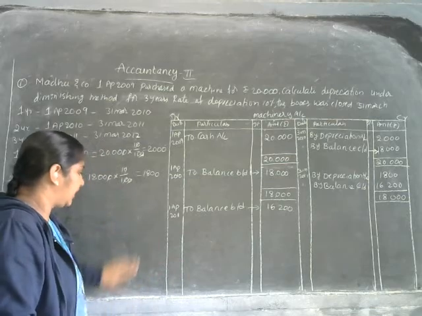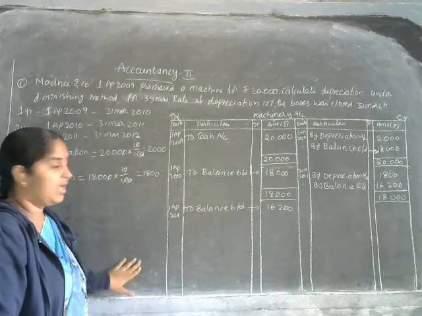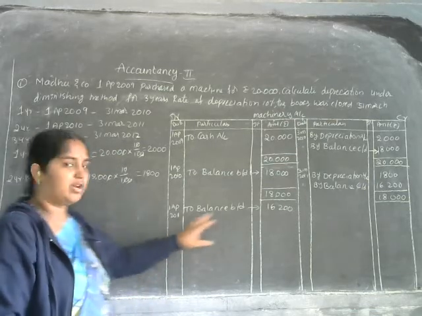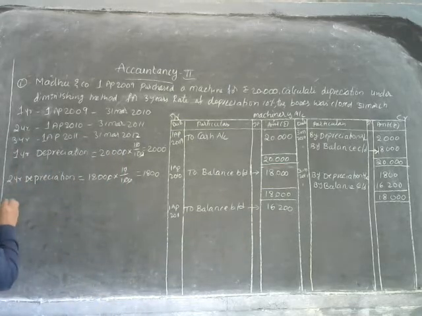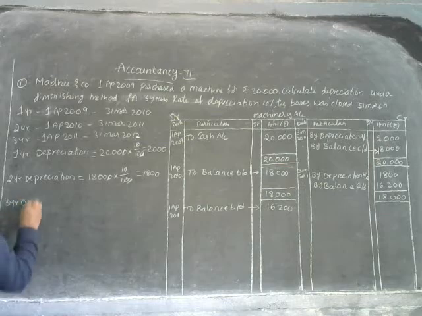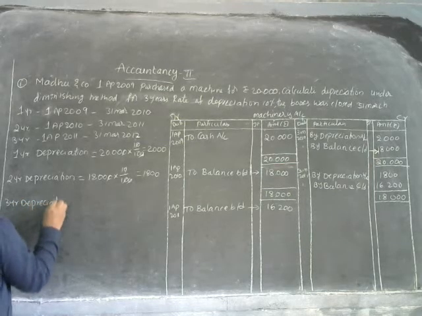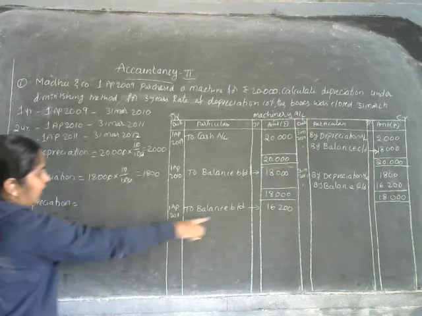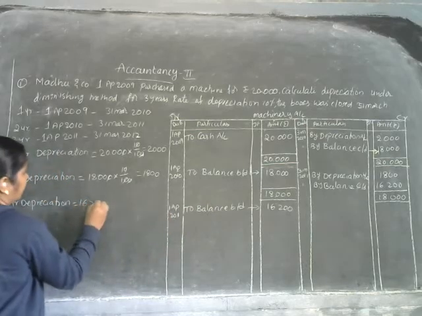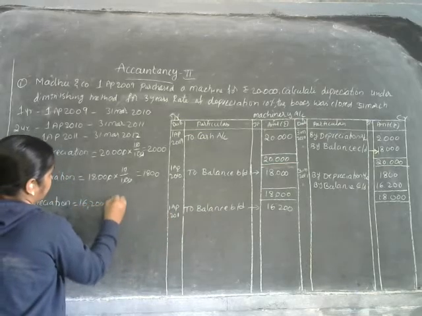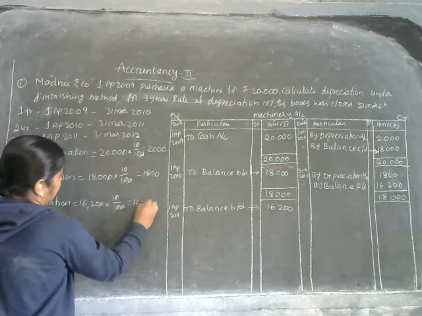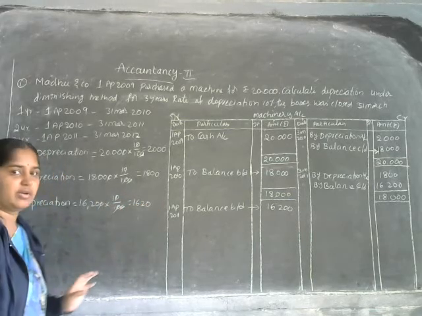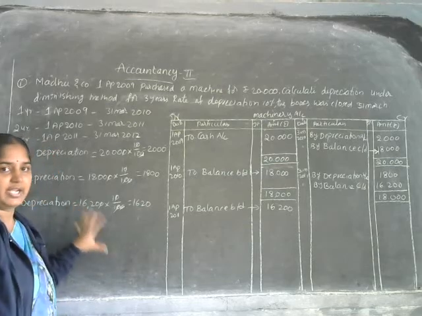Now we have to calculate depreciation in third year on the 16,200. అర్థమవుతుందా? So third year depreciation calculate చేయాలి కాబట్టి what is the value of the third year brought down amount? 16,200, on that calculate depreciation. So right here third year depreciation. What is the third year brought down? 16,200 into 10%, 10 by 100. 0 0 cancel, 0 cancel. 1,620 rupees. Okay. This is the third year depreciation.